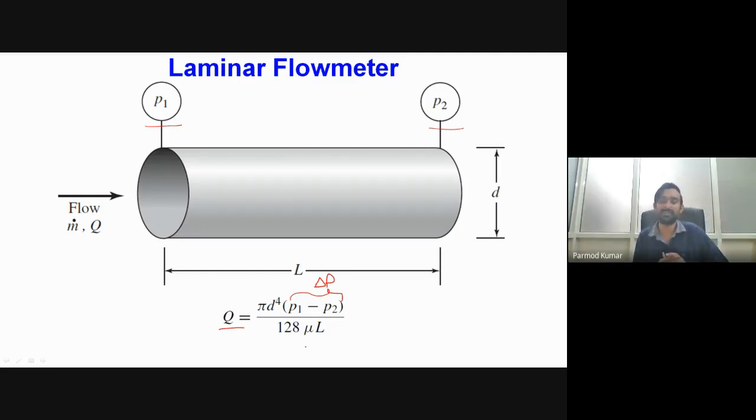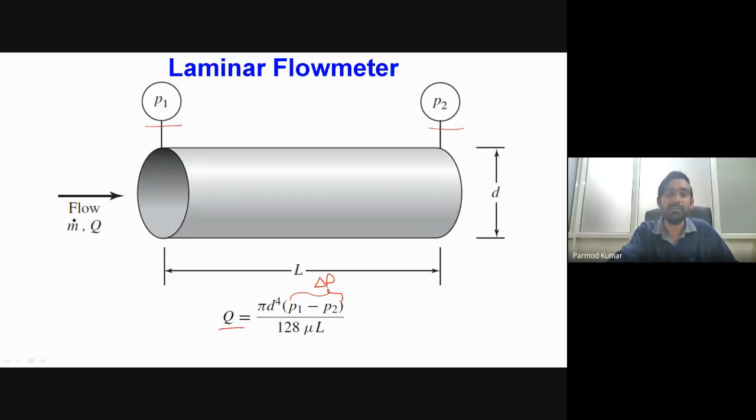We have to apply some correction in order to account for the boundary effects, because while fluid is entering into this small pipe, at that particular point of time we will be having some entrance effects, and because of the entrance effect we will be having some pressure losses in addition to the frictional pressure loss which we are measuring across the length of the pipe. Okay, so we have to apply a small correction over here.